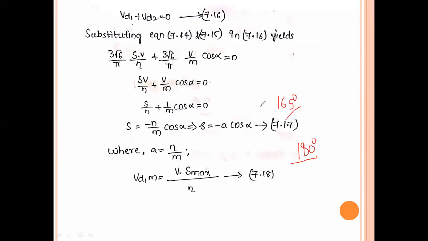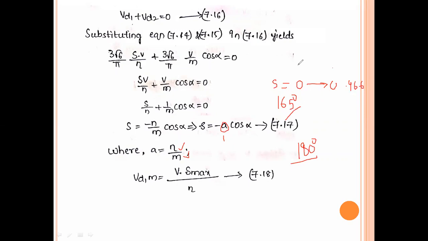So up to 165 degrees only we can operate alpha, for safe commutation. And the slip can be controlled from 0 to 0.966. At 165 degrees, we will get 0.966 as the value. So the slip value can be changed from 0 to 0.966 for different alpha values. Because, as you can see from this formula, the slip is directly proportional to cos alpha. If the turns ratios are constant, that means N and M are equal, then A will become 1, so slip will become cos alpha.